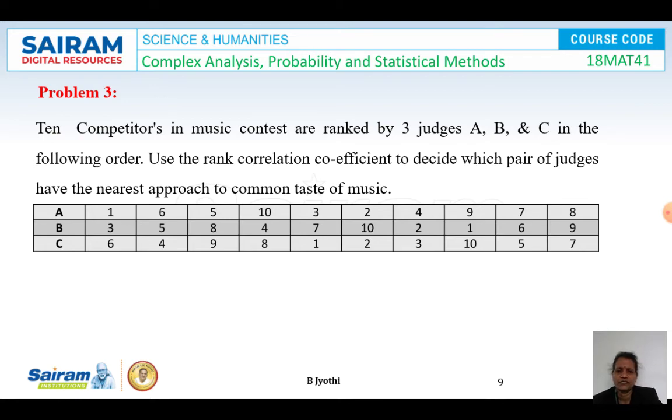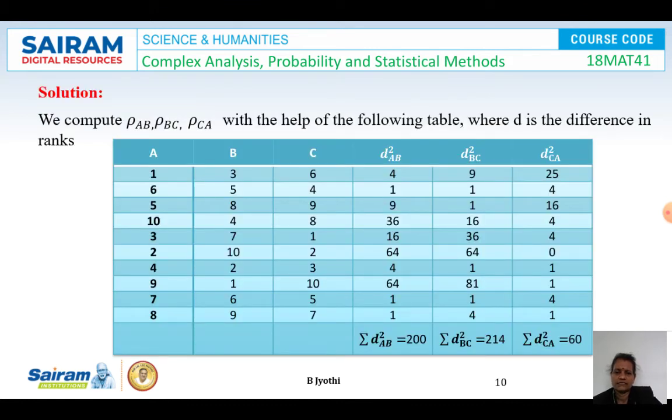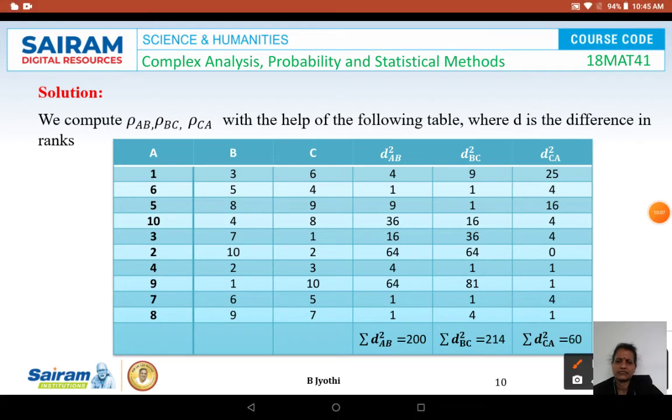data here. So we have taken the data for A, B, C. Next is D square of AB. Actually, directly it has been written. I'll just show you how it has come. See, rho of AB, rho of BC and rho of CA has been calculated. So, when we do that, rho of AB, that means D of AB. So, what will be D of AB? D of AB, if I calculate 1 minus 3, which will be minus 2.